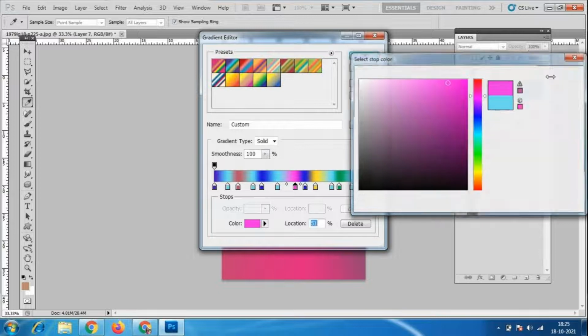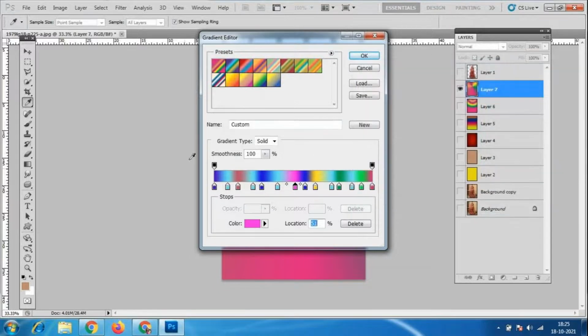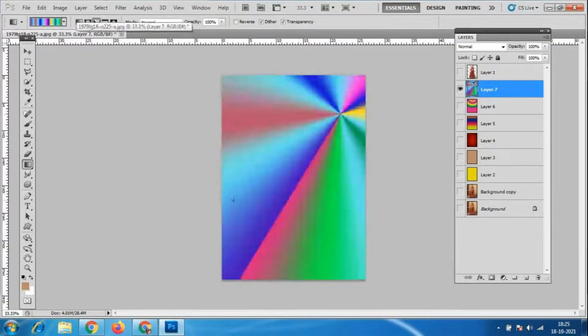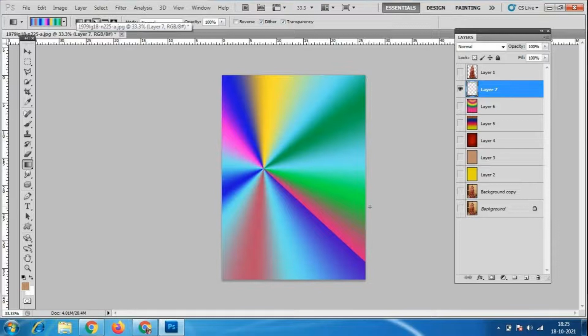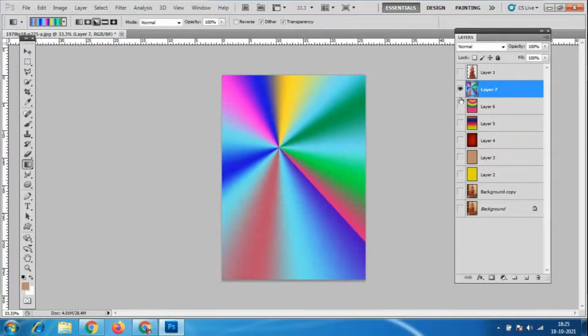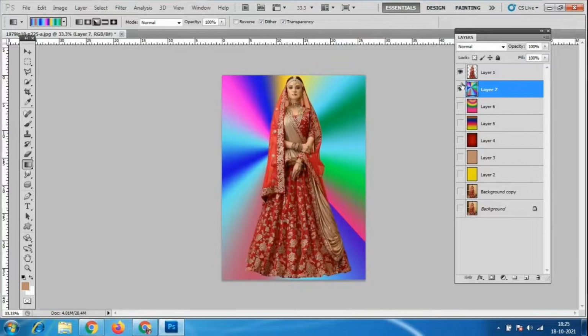So I'll make this my own color, a new color. Look here, this has many colors. You can place the design like this.